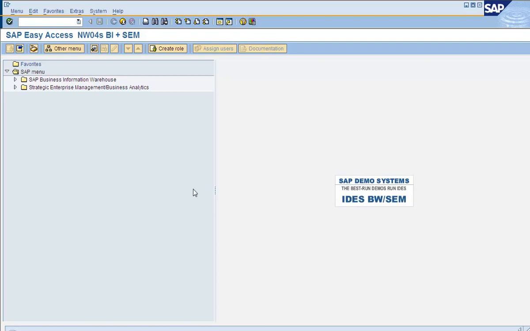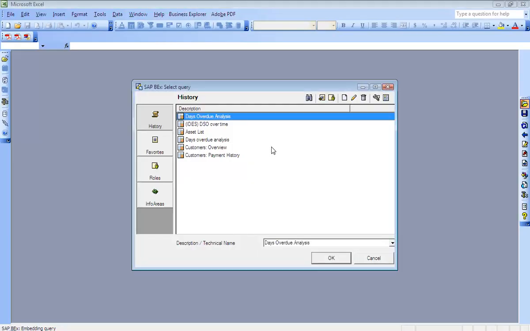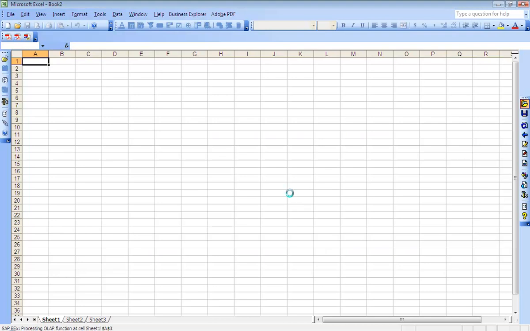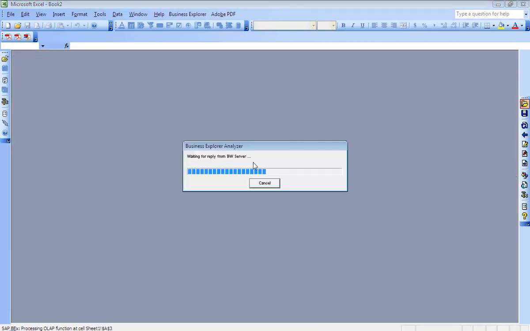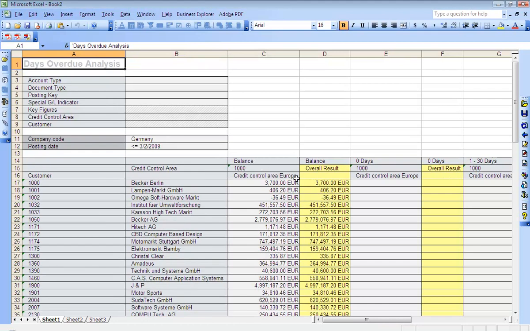Now, when a user executes a query, let's say we log in with user A. So far what we have seen is the user has been able to execute and extract the data for whatever company code he enters in the selection screen. For example, when user A logs in, executes the query that we have been using and enters company code 1000, the data comes up for company code 1000.